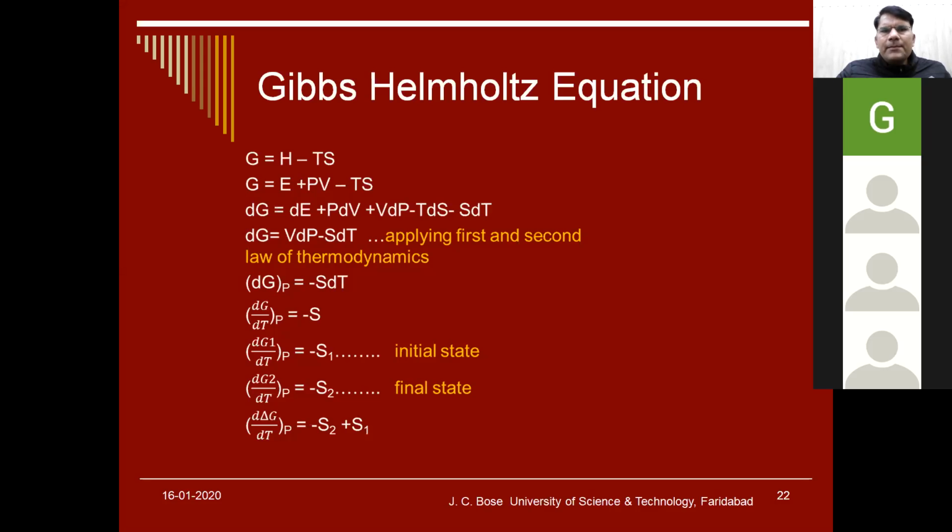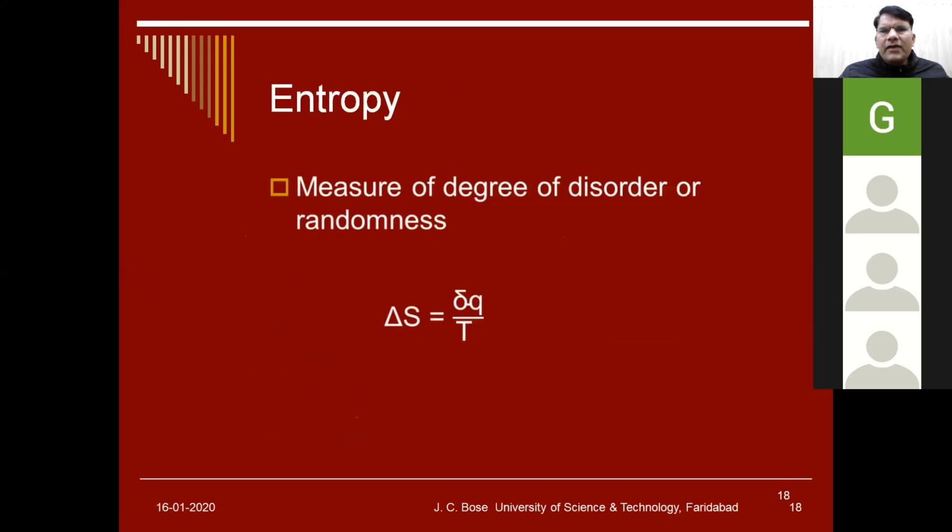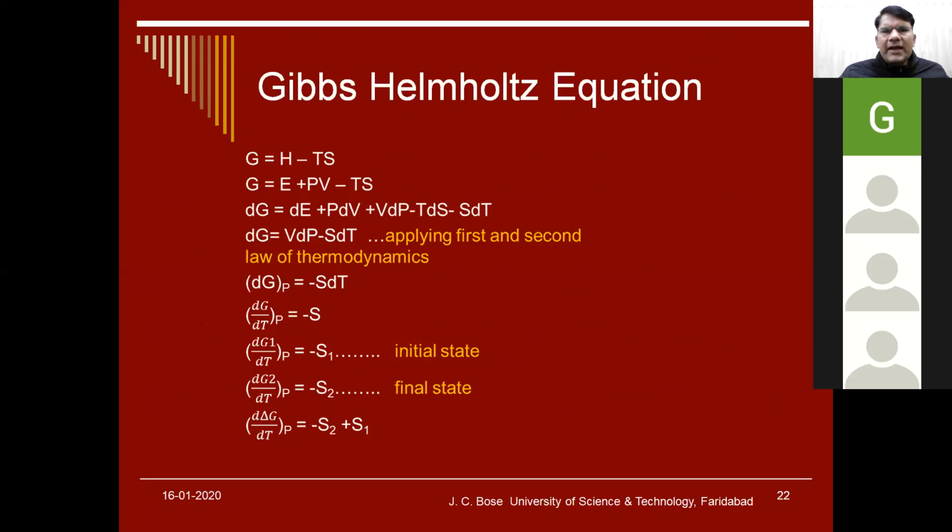So if we apply the first and second law of thermodynamics, the first law is what? Del Q equal to dE plus PdV. So these two terms dE plus PdV, this is equal to what? Del Q. And the second law says that del Q equal to TdS. So if we combine the first and second law,